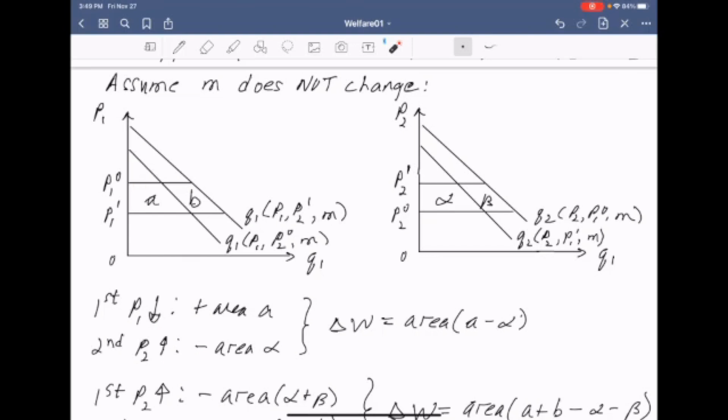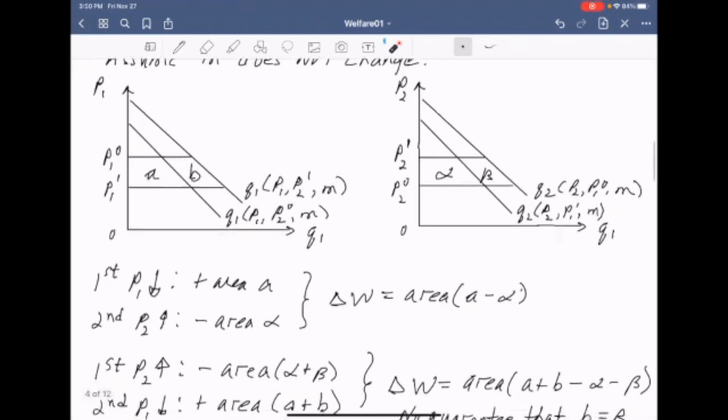So that means that this reduction in the price of 1 gives us this area A. And we're underneath this curve here with P1 and P2 set at 0, the original position. So we gain area A. Then, after we've done that, we have a lower price of P1. So what happens is this demand for P2 shifts inwards, and then the price of P2 goes up. So then we lose area alpha. So we gain area A, we lose area alpha, and we measure the change in welfare by area A minus